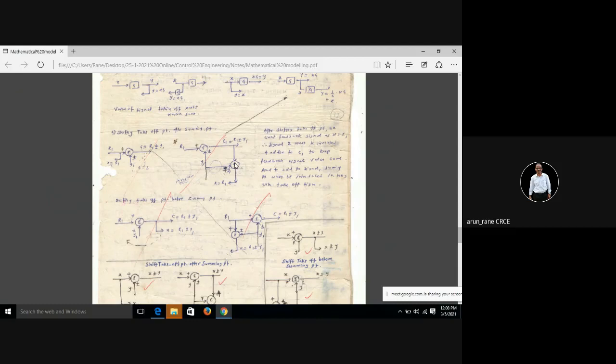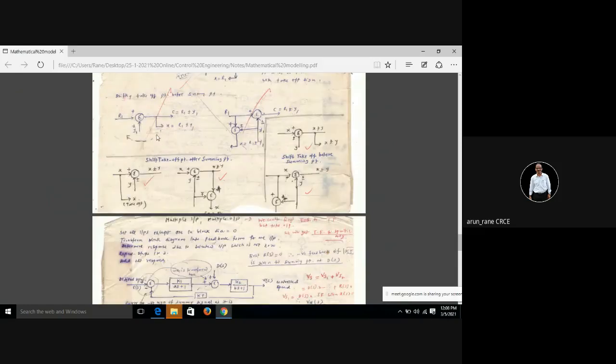So at the end, what are we going to get? Suppose if we have plus y1 coming here, we will have minus y1. So plus y1 and minus y1 will get cancelled, and we will have r1. And same with negative and positive. So at the end, you are going to get x is equal to r1, isn't it? And this is what we want, isn't it? Here you take off point after the summing point. So we want r1 only, so we are getting r1 only.